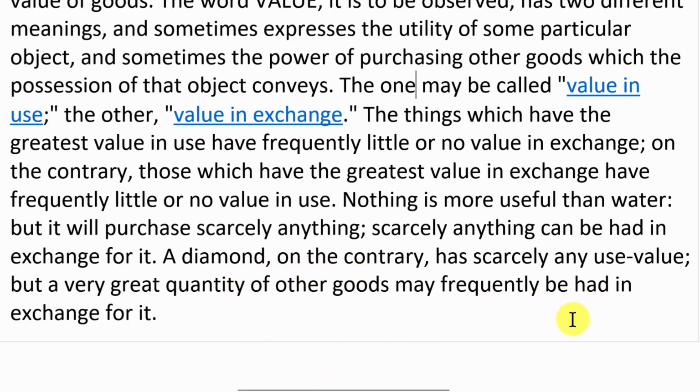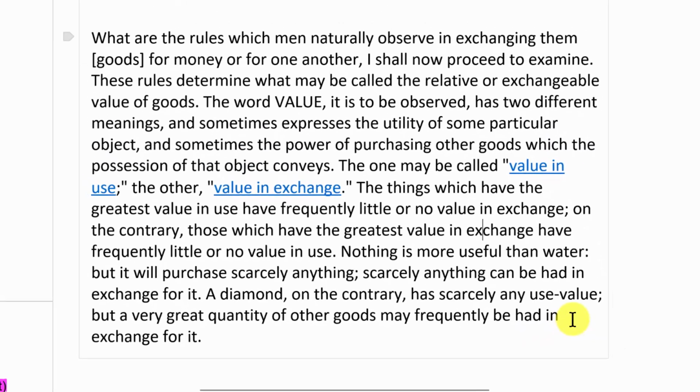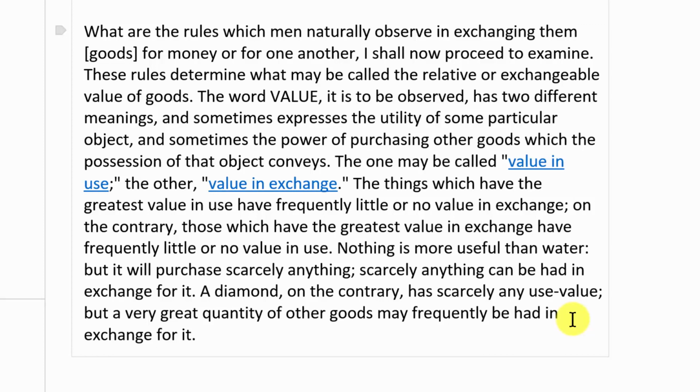So philosophers wrestled with this idea for many centuries. What is the source of the value of things? And what Adam Smith here is trying to say, well, you have to really clarify what you mean when you say the word value. Is it market value, the price of it, or is it how much happiness it can give you? So this diamond water paradox can be solved really by looking at the supply.